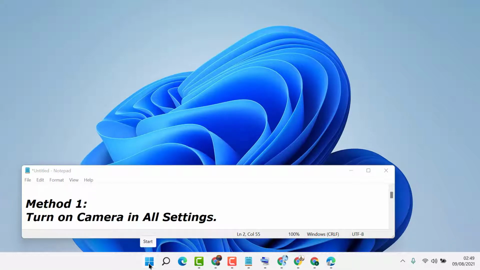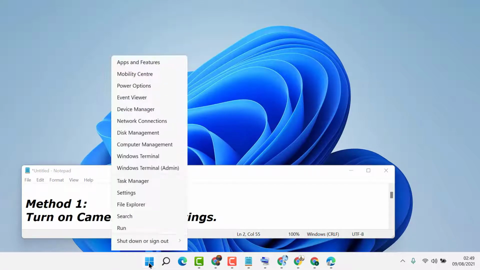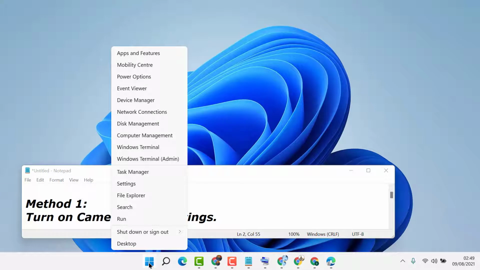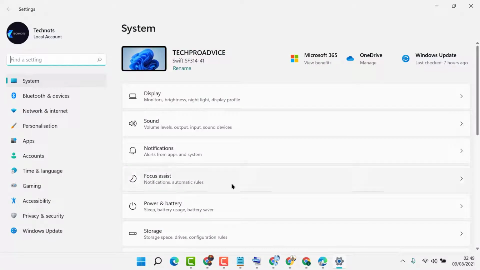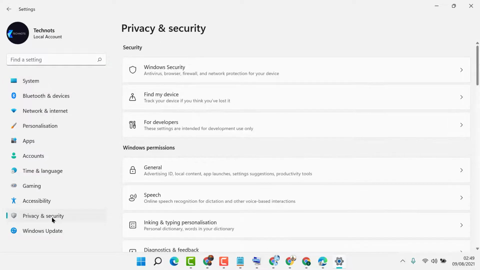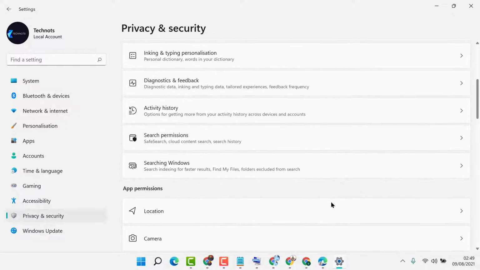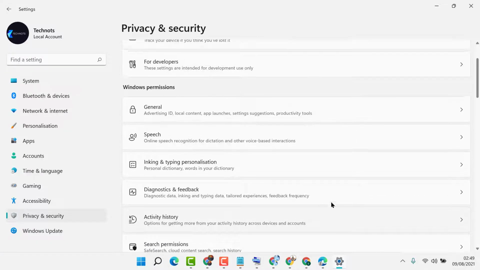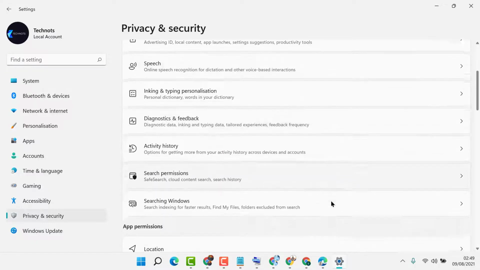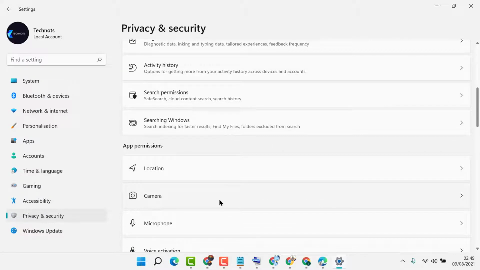Right click on start if you are using Windows 10 or 11, then click on settings. In here click on privacy and security. Now scroll down, click on camera.